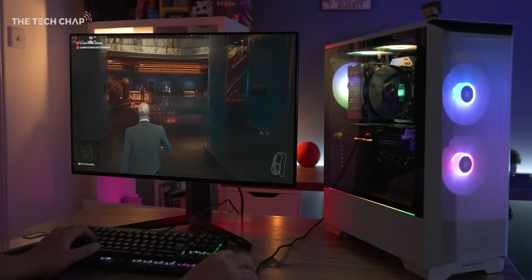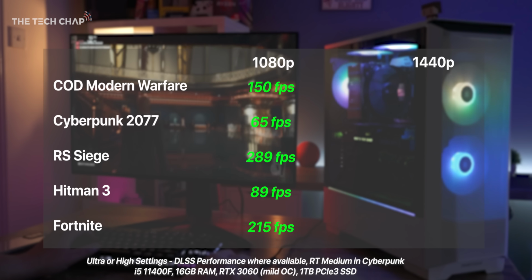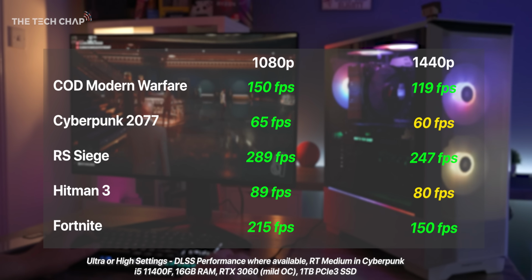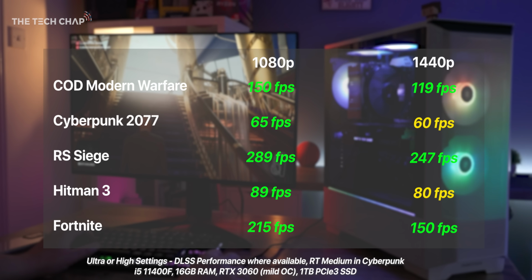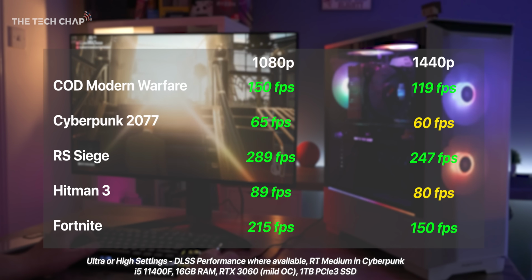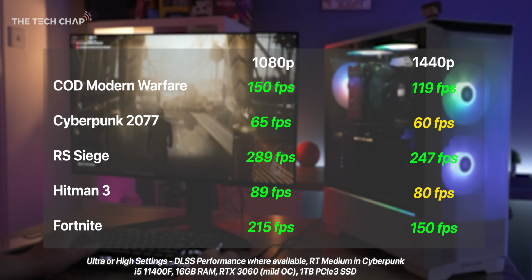Well, I've actually tested a ton with this, and in nearly every case you can expect a solid 60 to 100 FPS at Quad HD with max settings in pretty much any game you throw at it. And also my quick overclock got me anywhere from a 5 to 12% FPS boost. So there you have it, the official mid-range-ish £1,000 thereabouts